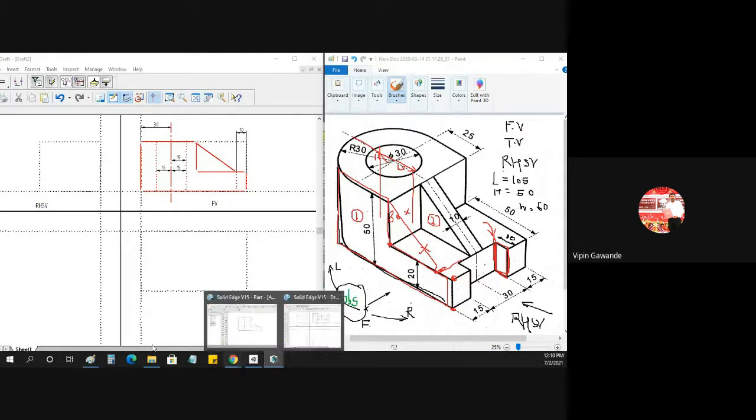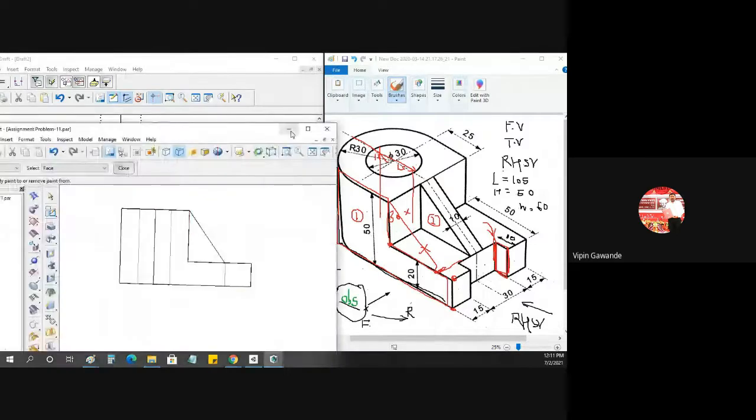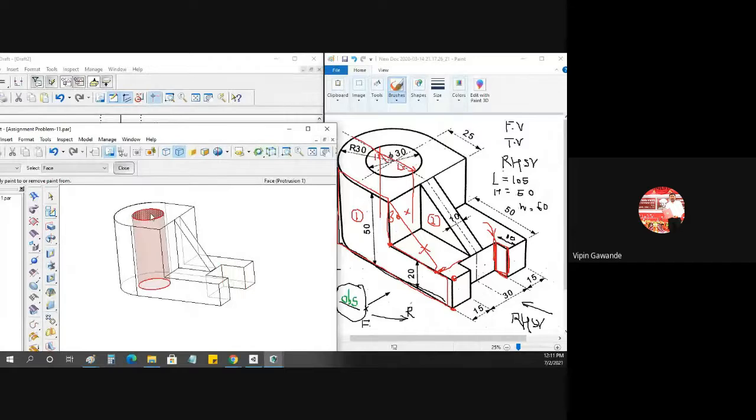If you check our three-dimensional drawing, you will get two dotted lines for the circle. See, these are two dotted lines, 1 and 2. These are for the circle. The other one is for this cutout, because this is the invisible surface, and this is the invisible surface. That is not visible in the front view.